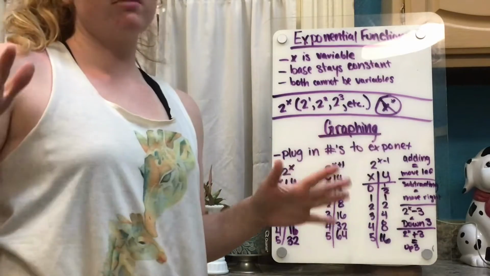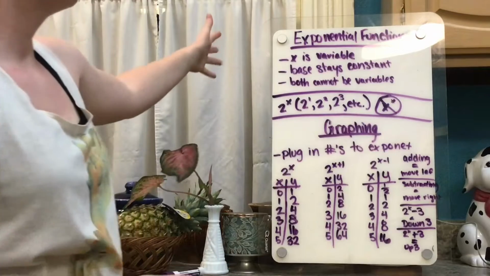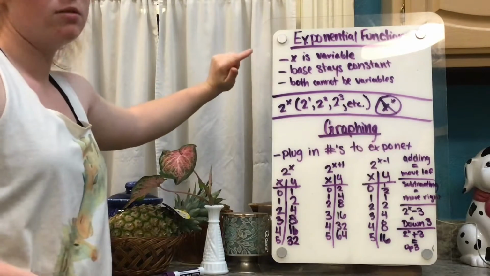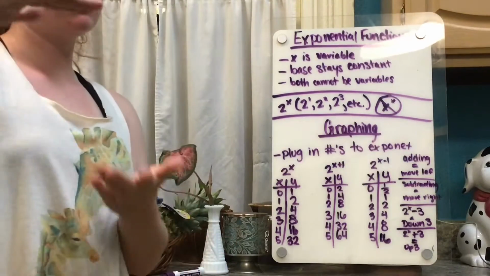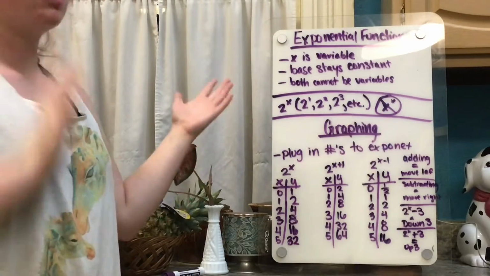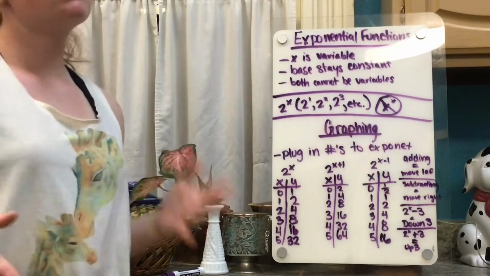Okay, so for my first lesson, we're going to talk about exponential functions. An exponential function is when the base stays constant and x is the variable, and both places cannot be variables. An example of an exponential function would be 2 to the x power,